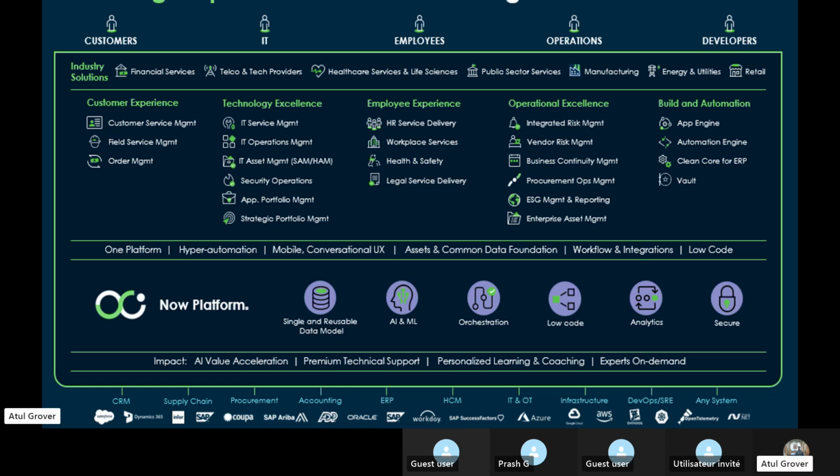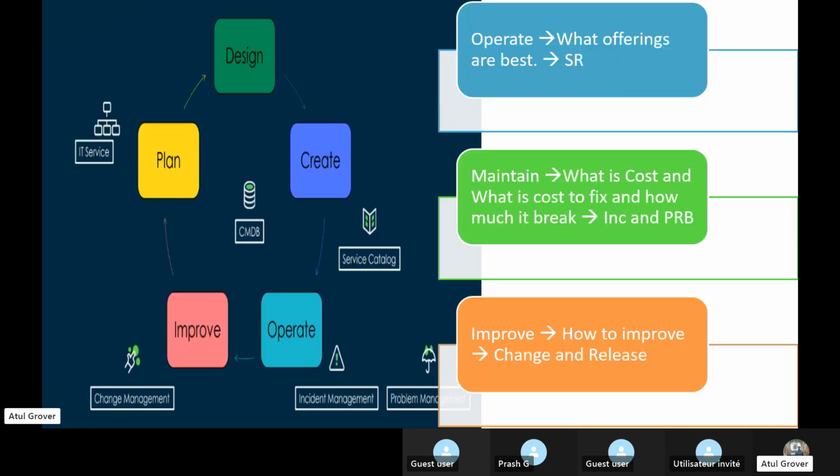In the coming classes, we are going to discuss mainly these modules: incident, change, problem, request, knowledge, release, and CMDB. They help us understand how these applications are used in ServiceNow, how they have been built, what's the logic behind them, and how we implement them for our customers.